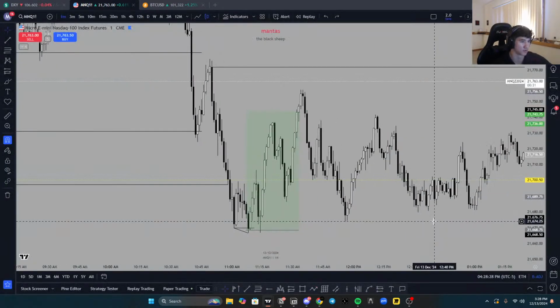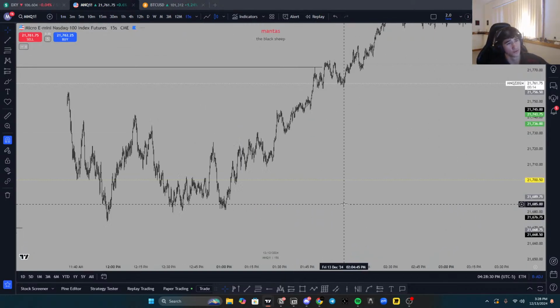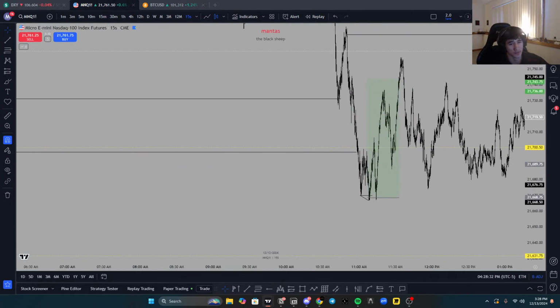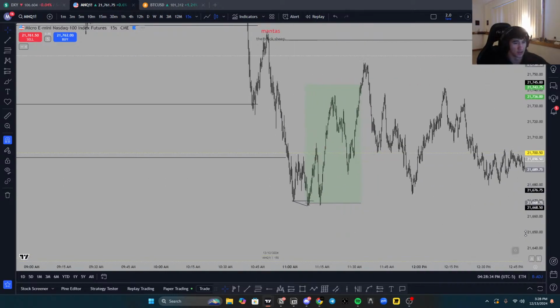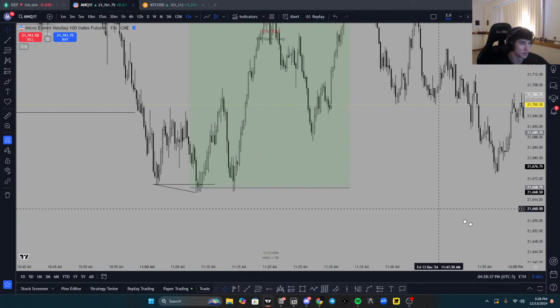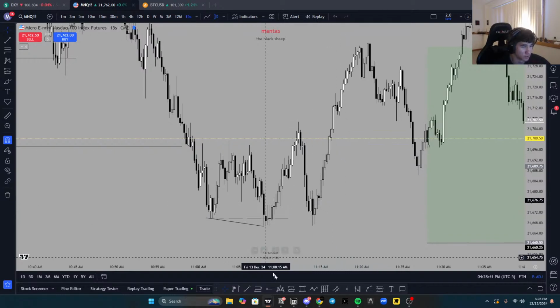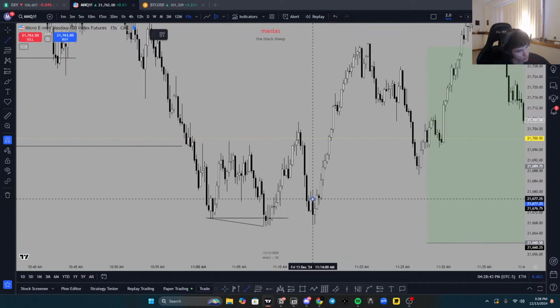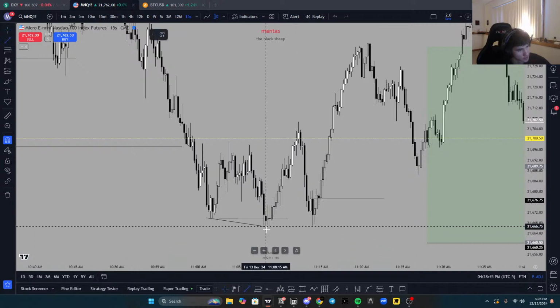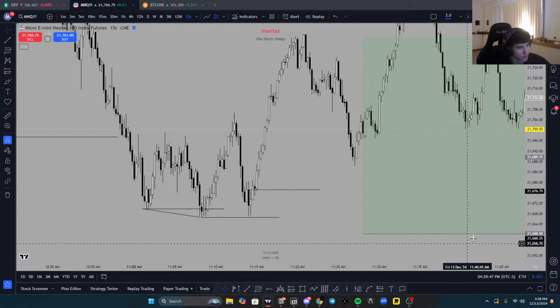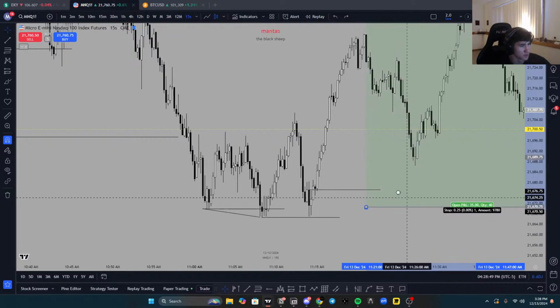And this is where I had to resort to the 15 second. So using the 15 second, I told you guys I kind of wanted it to be more of an experiment in the chat, what I was looking for. And it was when we pushed back down here, it was the retrace into this little breaker right here. And I was like, this should work, right? Because we still have our narrative. We held this low right here. We never ran up this low. We have SMT, and everything still holds up for longs.